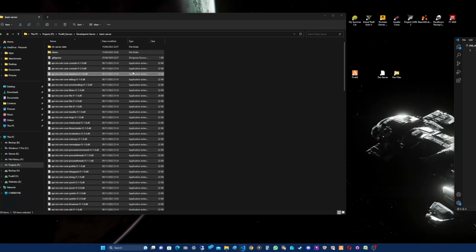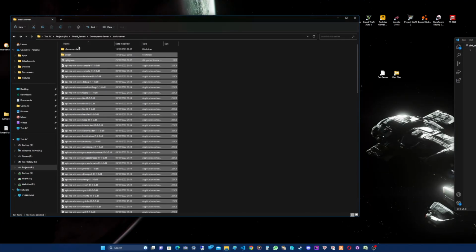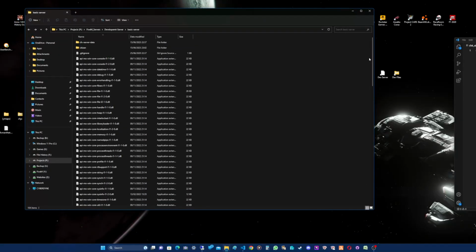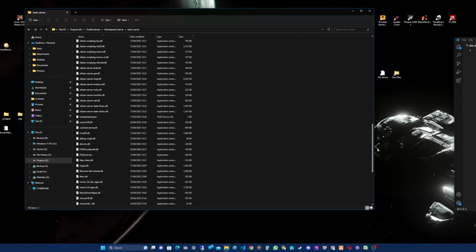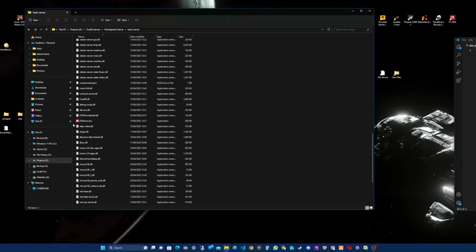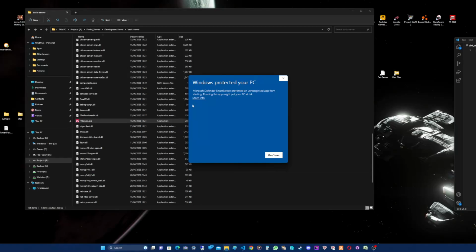So remember the key, you'll need that. I will need that in a minute. So it's a basic server, so you won't need a database or SQL database, anything like MySQL, nothing like that. I'll show you about all that in the next video or a separate video. So what you'll do, scroll down, or make sure you don't highlight it. Scroll down till you see, there it is, FXServer.exe. So what you'll do is you'll then double click or right click and open, and then you'll get a Windows protected